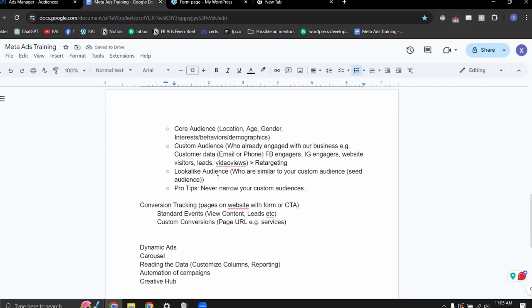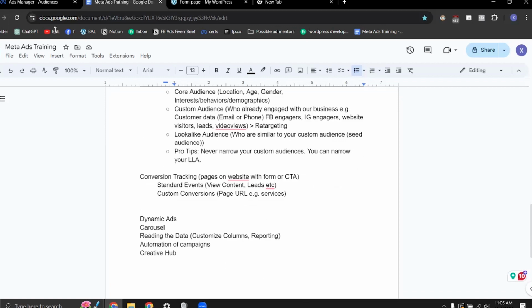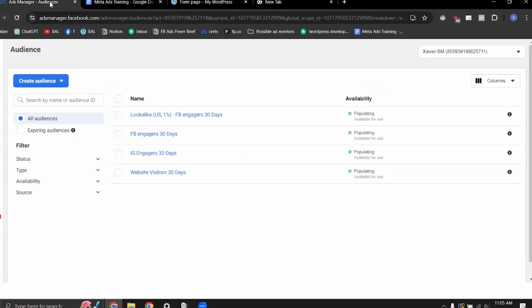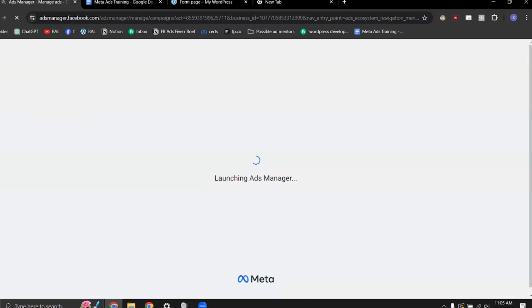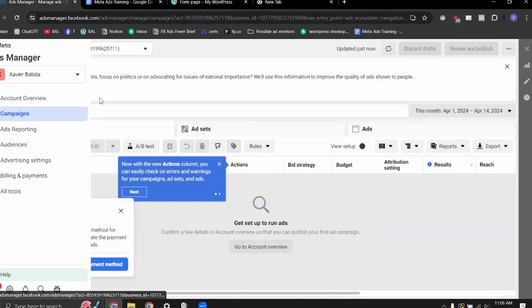The second thing is that you can narrow your lookalike audience. Facebook will create lookalikes in the hundreds of thousands, or sometimes millions, so you can even narrow it down to your perfect audience and use that audience at that time. How can you use that? Remember yesterday's session, when we were creating the audiences, there was an option for the custom audience, and we left that as it is. But now, let's go to